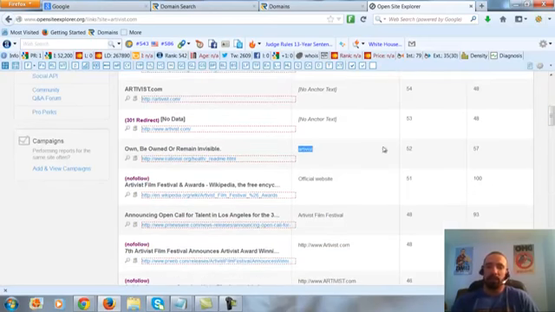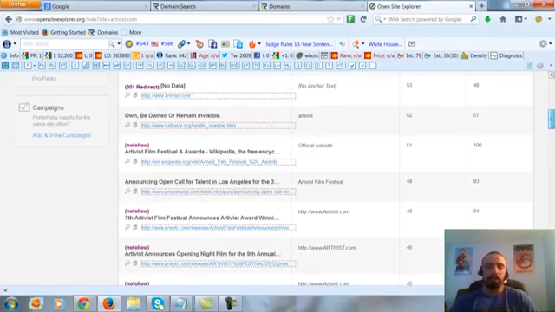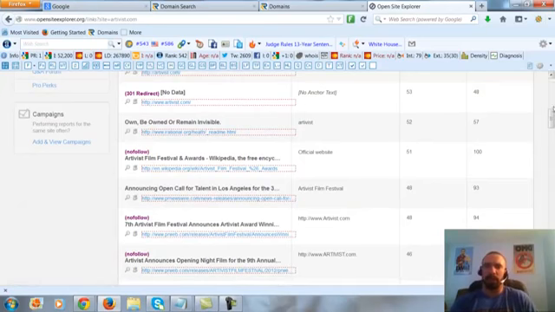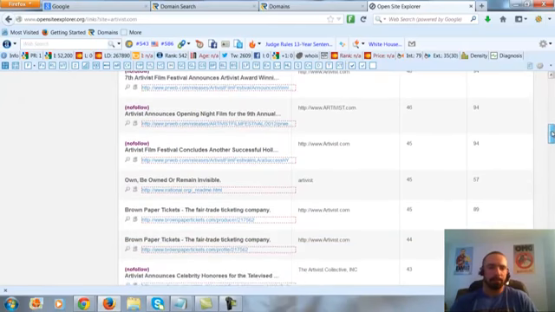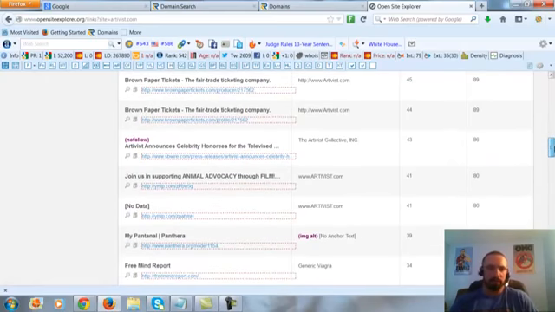And same, we scroll down, we see different anchor text. Artivist, branded anchor text, official website, Artivist Film Festival, artivist.com. Then, even though these are the same anchor text, this one even has all capitals. I mean, that just shows me that there's a good chance of it not being SEO'd. And these are press releases, but that's fine because I like this link right here just from looking at it without going into the site. Let's see, Brown Paper Tickets. And there's another inner link with regular branded anchor text. That's a normal type link.